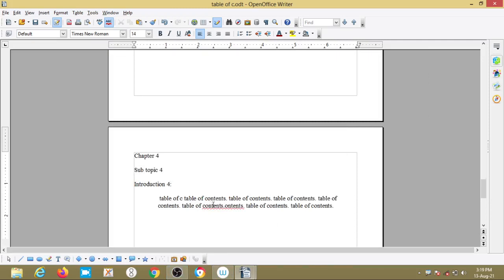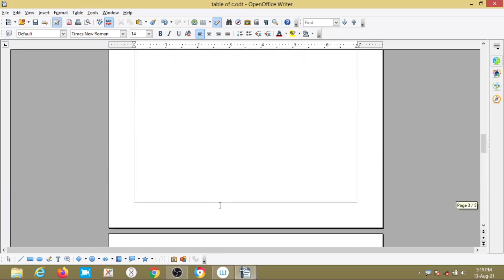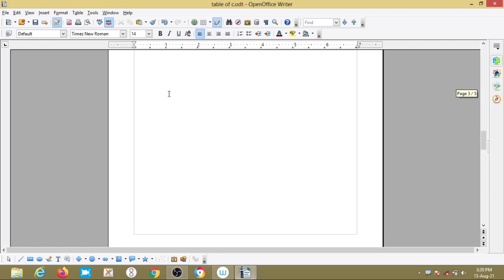So as we know, a table of contents means table. What is a table? In a table there are two parameters present. The first one is column and the second one is row. So what is a row, what is a column? First we will study column. A column is a grouping of cells that run from the top to the bottom of a page. That is called a column.